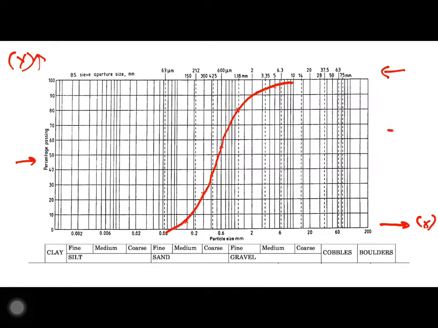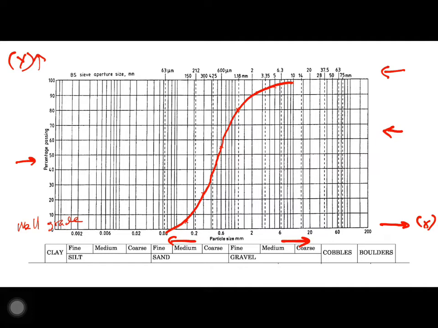So what is the shape of this curve? Is it well graded, gap graded, or poorly graded? Here it is well graded. So why? What can we say is a well graded curve? Because you can see the size, right? The gradation of this curve goes from the finest to the coarsest, and also the S shape shows that it is